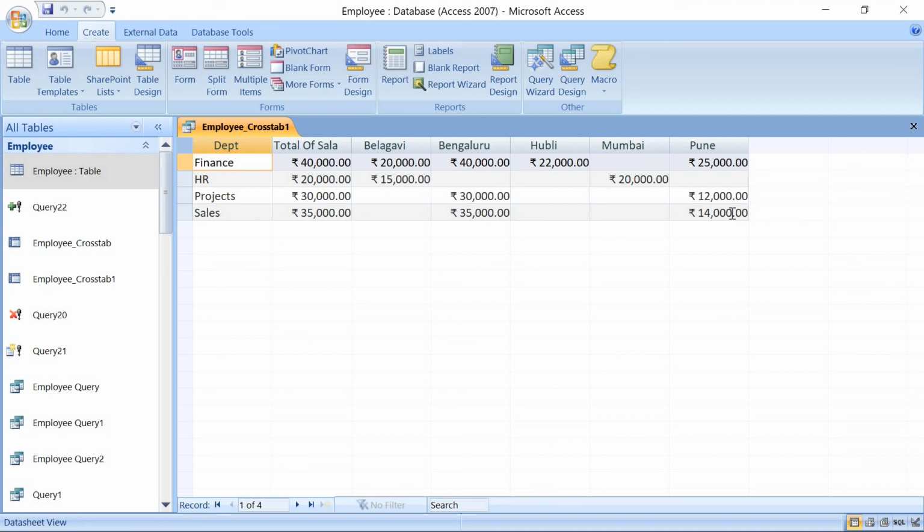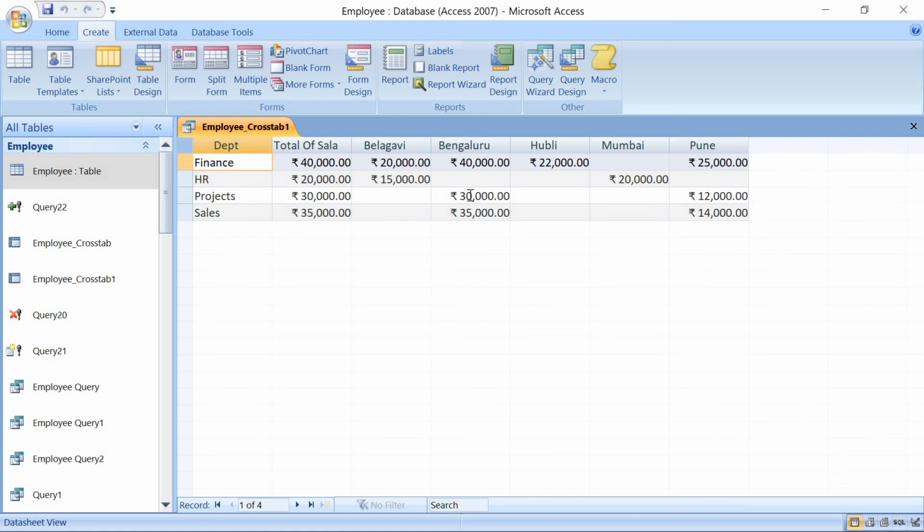Sales, Bengaluru and Pune. From each department, let's take here finance department, 4 employees are working here. And the maximum salary, when we see this one, maximum salary is what? 40,000 is available. HR, 2 people are there, one is 15,000, the other one is 20,000. The highest salary, that is 20,000, is displayed here.